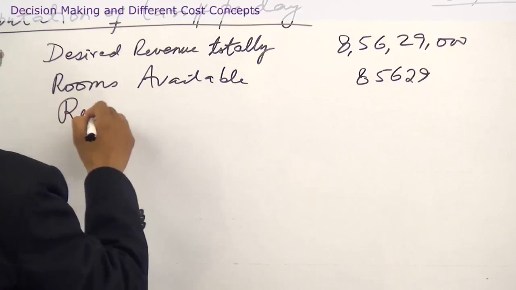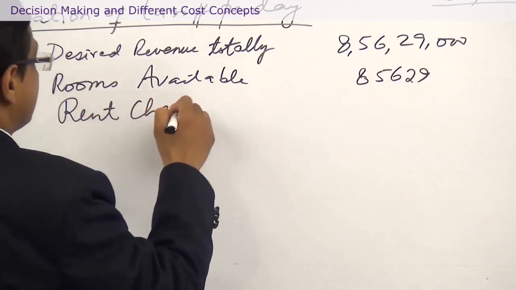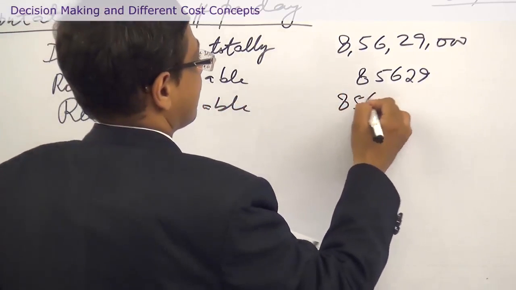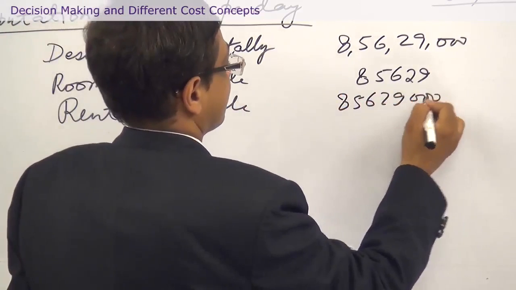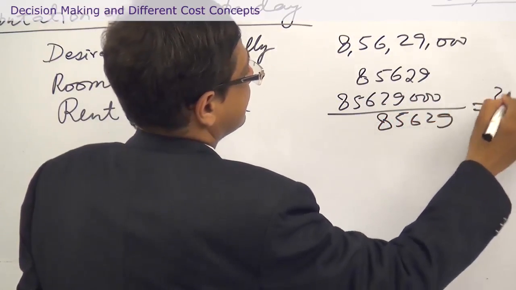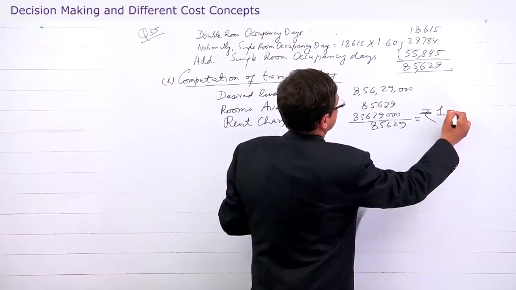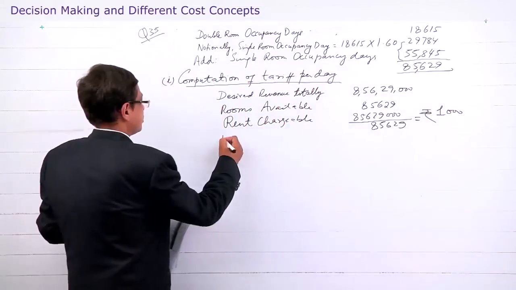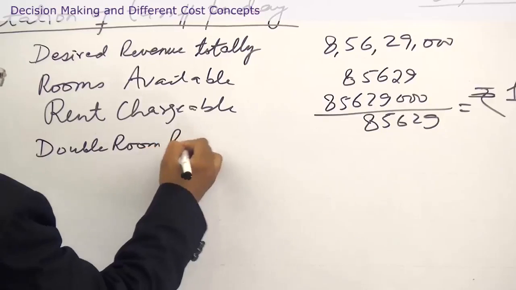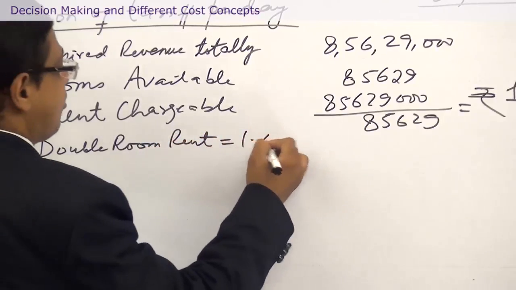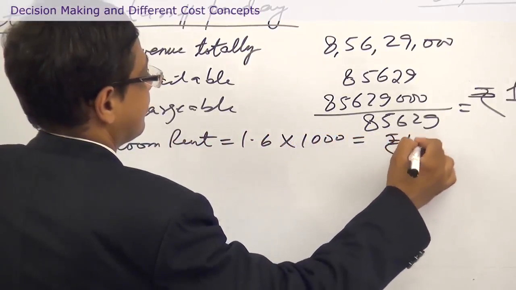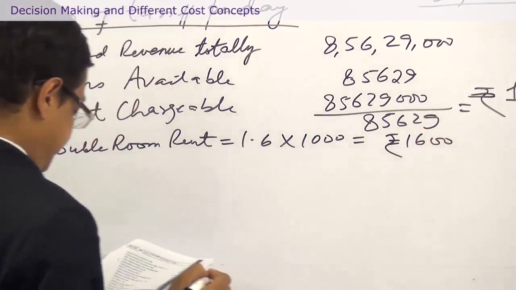So rent chargeable is this is rupees 1,000. So double room rent will be 1.6 time of 1,000, that is rupees 1,600,